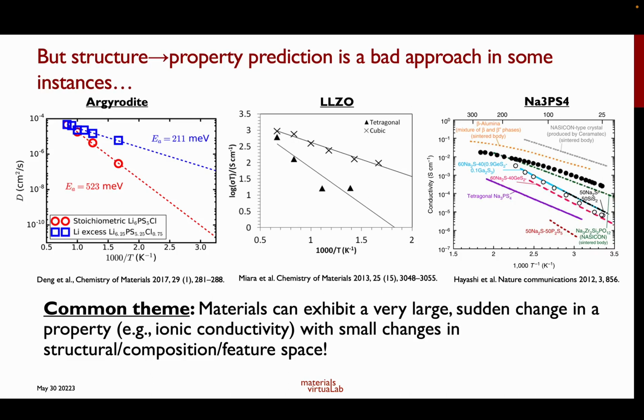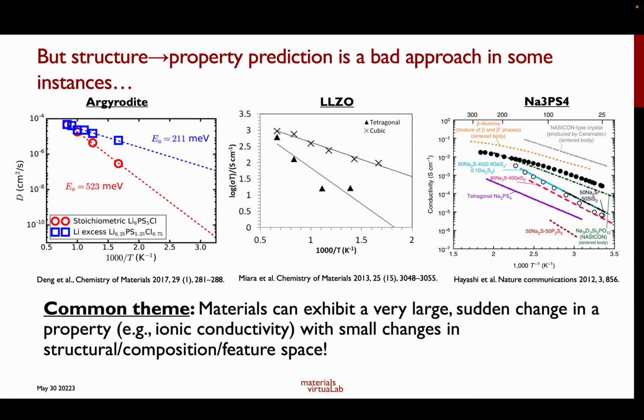Similarly, in LLZO, okay, we have heard a lot about LLZO this morning. People have known for the longest time, cubic versus tetragonal, you already have a huge difference in ionic conductivity. You just dope a little bit of a different element into LLZO, you get 2 orders of magnitude change in the ionic conductivity, okay? Na3PS4 is another example in the sodium space, okay? Just the difference between the cubic and tetragonal structure, again, is a few orders of magnitude difference in ionic conductivity,